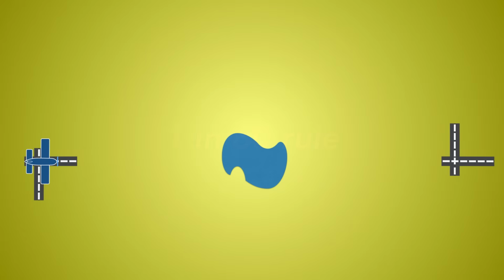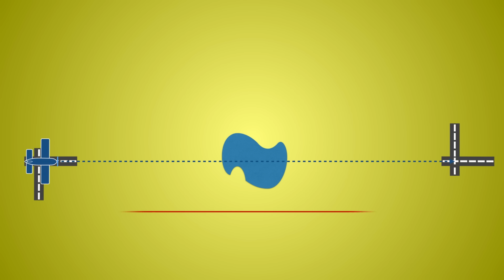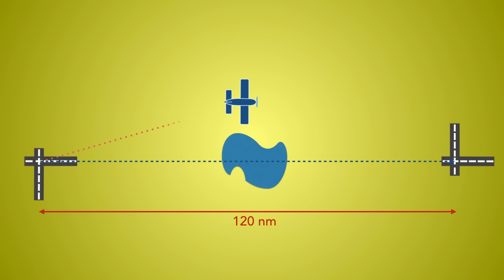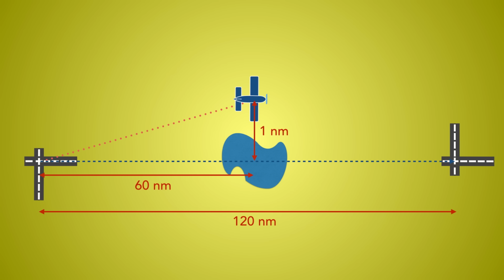Assume that you planned a direct flight that is 120 miles long. There is a small lake halfway across, and your planned track takes you overhead that lake. You take off, and after having flown 60 miles, you find yourself 1 mile off track to the left of the lake. What the 1 in 60 rule states is that if you've flown 60 miles and you are 1